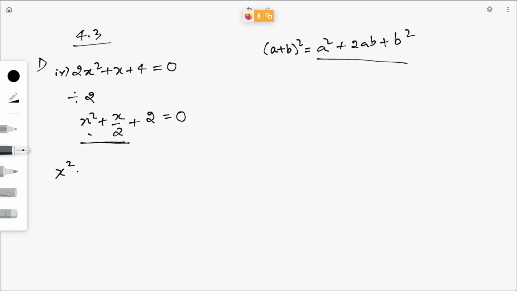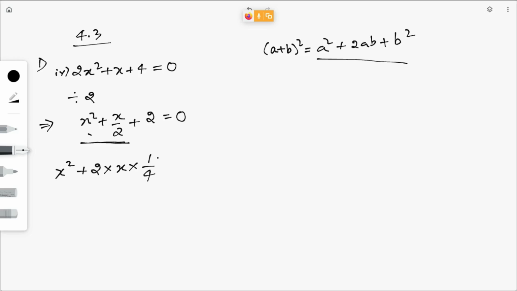What is the next step? Always you must write this 2 here, without a second thought: write 2 into x, whatever term you have here. Now back to the previous step. By multiplying which number will you get x by 2 here? 1/4. Right, if you multiply this by 1/4, then you will get x by 2.